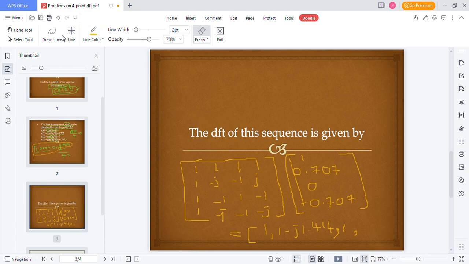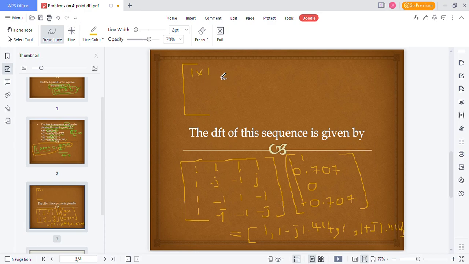So it is 1 and 1 plus j, which is 1.414. This is what you get as the resultant. How do you get the resultant? You are going to write like this, that is 1 into 1, which is 1 into 1,